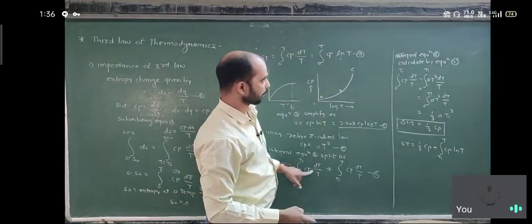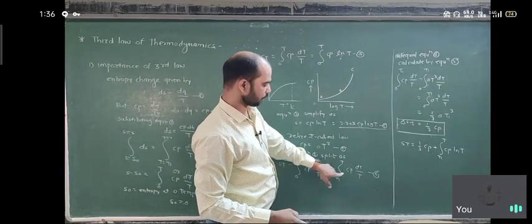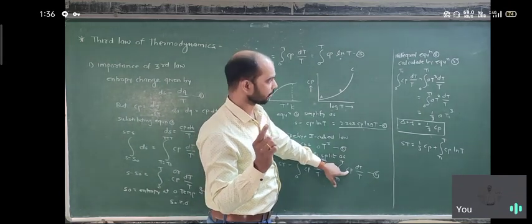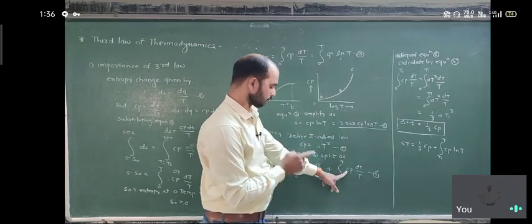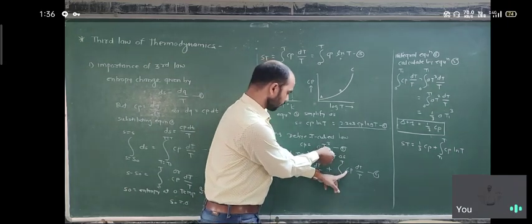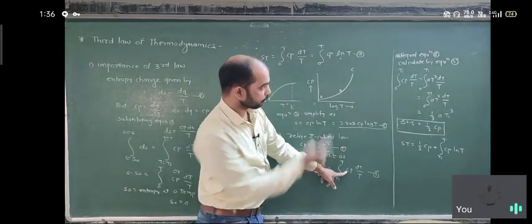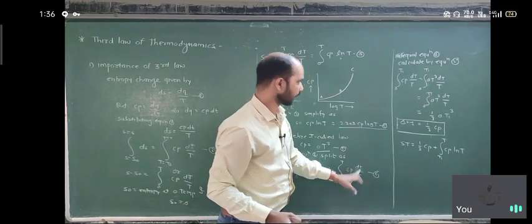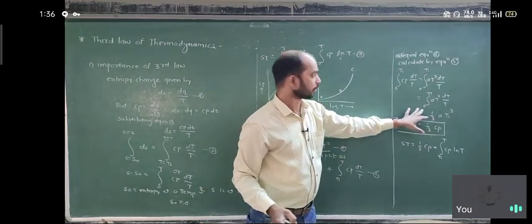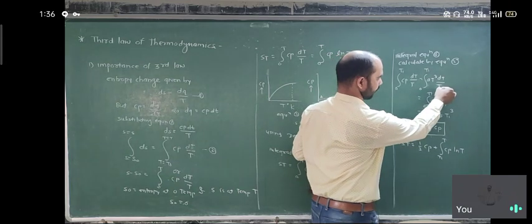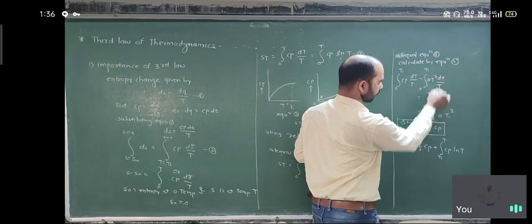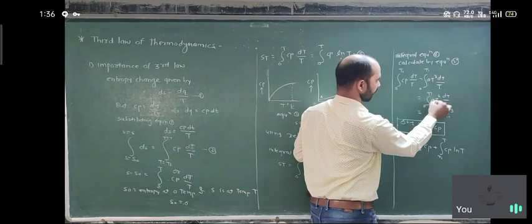The integral 0 to T1 of Cp dT upon T is equal to, here we put Cp, we already have the value of Cp, which is A T cube, so A T cube dT upon T. Here we solve, here is the T, here is the dT, so it converts into the integral 0 to T1 of A T cube